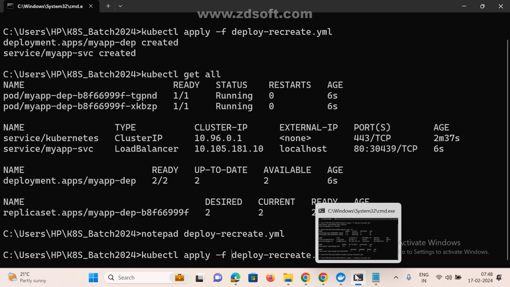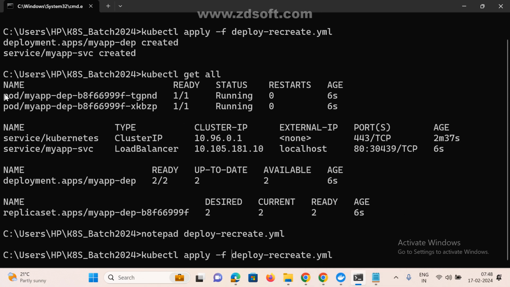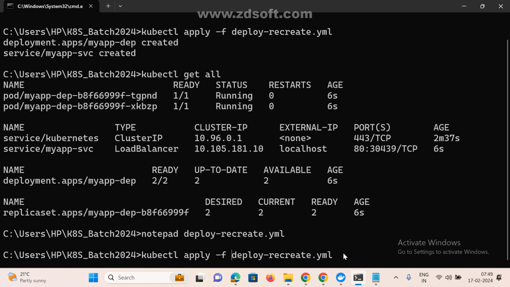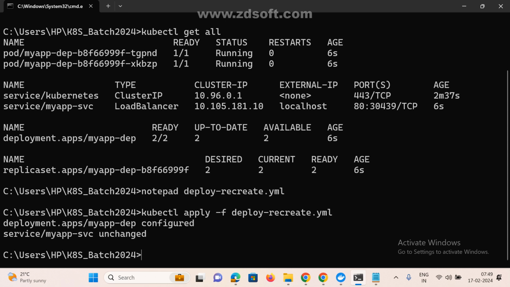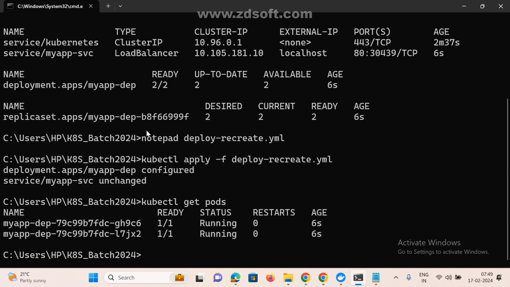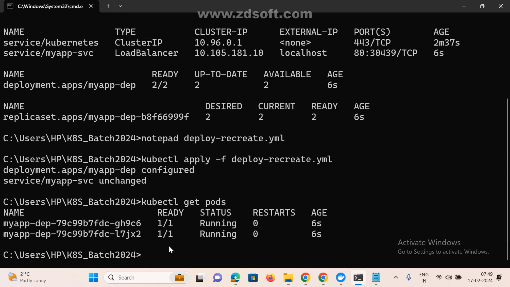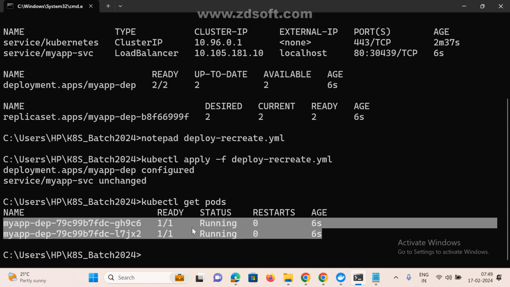What is happening in this case? Automatically it will delete all existing parts. All the older parts will be killed and replaced by new parts immediately. Now see here, kubectl get parts. Now observe here, so what is this part? Pnd kzp, do we have that part? No. Automatically killed older parts, replaced by new parts. That's it. That is the behavior of